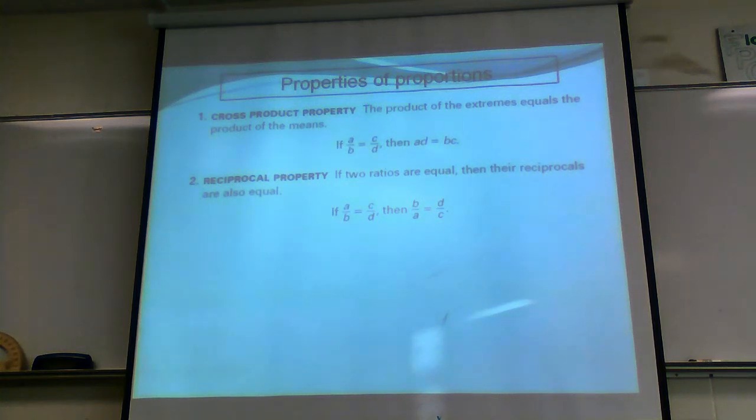So I know miles goes on top, hours goes on the bottom. So if I had that reversed, like if I had hours on top and miles on the bottom and I wanted to talk about speed, I would simply flip it. Okay, and this is the property that would allow you to do that. But otherwise, in terms of solving proportions, it doesn't really make that big of a deal. The next one, this one right here, there's no names for this one or the one after it,